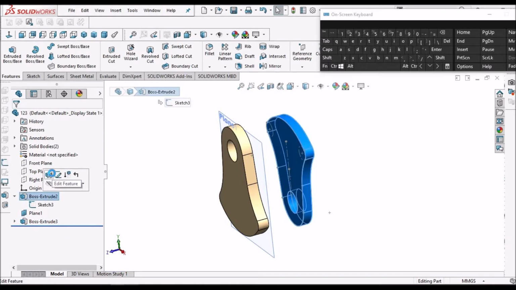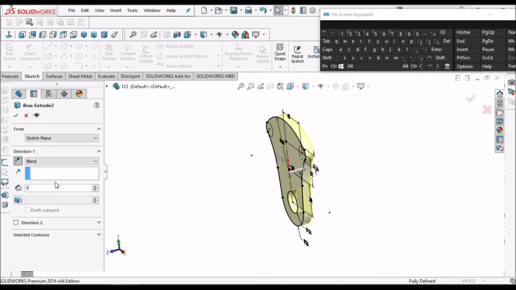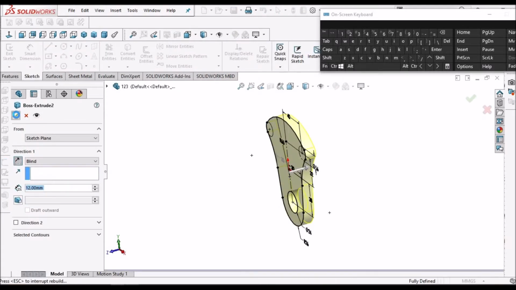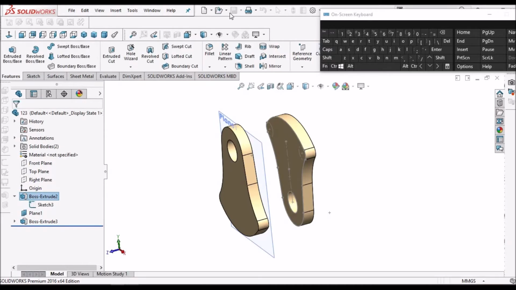Here also thickness will be 12. Say OK. Save the file. Hide this plane.